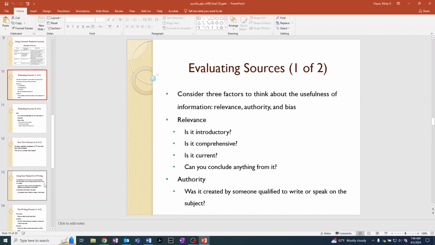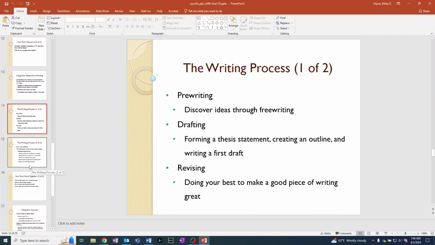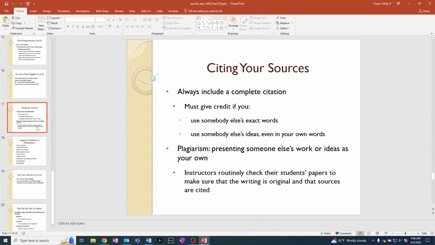And then it goes really into depth talking about how do you actually evaluate it, considering different things such as who wrote it, or do they have authority? Was it someone who's qualified to speak about this? Thinking about relevance, you think about, is it current? Maybe you're doing research for something way back when, then you don't need current. So there's lots of questions you have to ask, things to consider if the information's useful, if it's relevant, someone that you can trust. And then you have to think about how you're going to display this information once you pick and choose what you have. Okay. So, also something to note in the library module, it talks a little bit about citing your